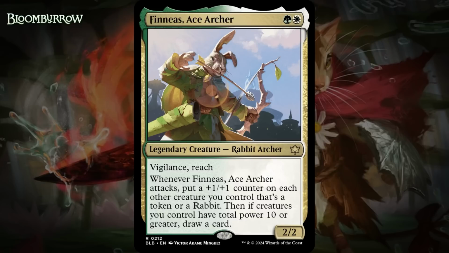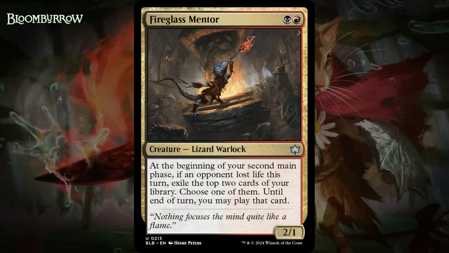I wouldn't count on drawing a card with him all the time or anything, but if you get him in like the late game, you can just send him in there to draw a card, and that's pretty nice, giving it a B. Next up, it's Fireglass Mentor, which for a black and a red is a 2/1 Lizard Warlock